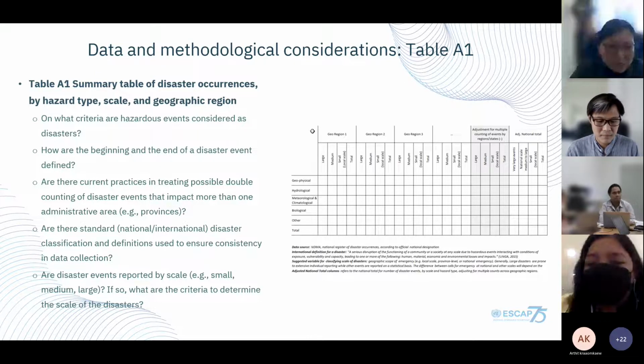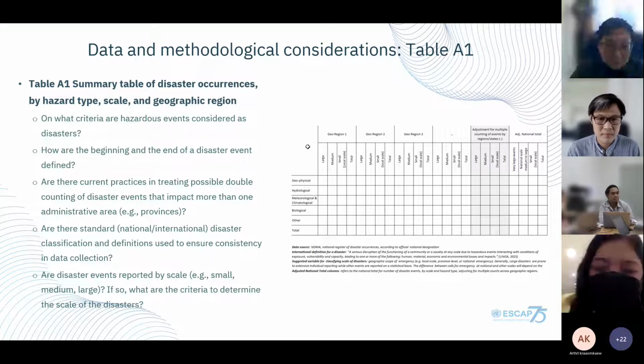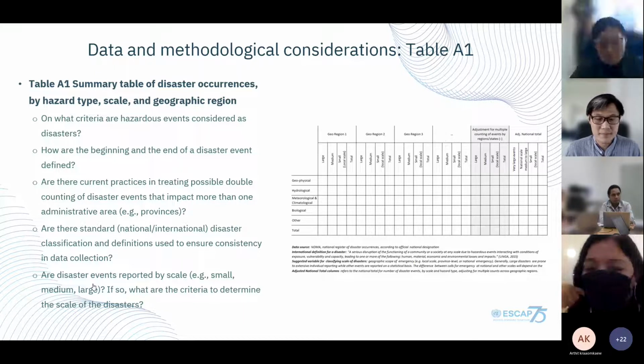So we have that mechanism to really inform each other what are the gaps, how to popularize disaster statistics, and so on. So these are some of the things that we have encountered, but of course, we are moving towards